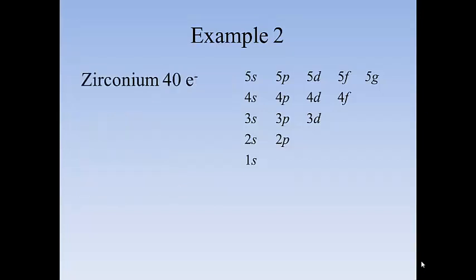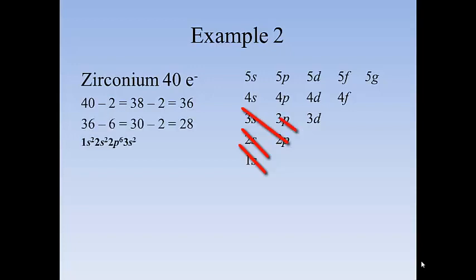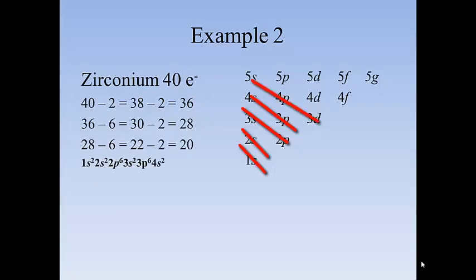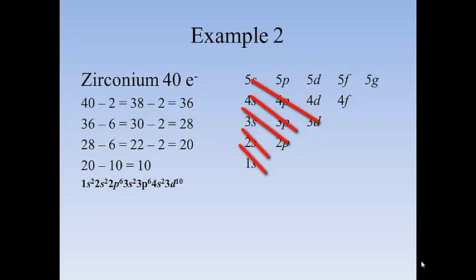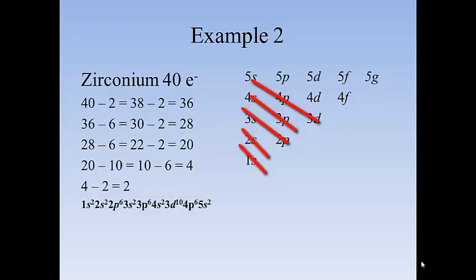Let's go a little more complicated. Zirconium. 1s gets filled first, so you get this. You see from the mnemonic that 2s would get filled next, so you now have 36 electrons to place, and you have placed 4. 2p followed by the 3s. Now you know that the 3p gets filled. After the 3p, the 4s gets filled. After the 4s, it's the 3d, then the 4p, then the 5s, and the last 2 electrons go into the